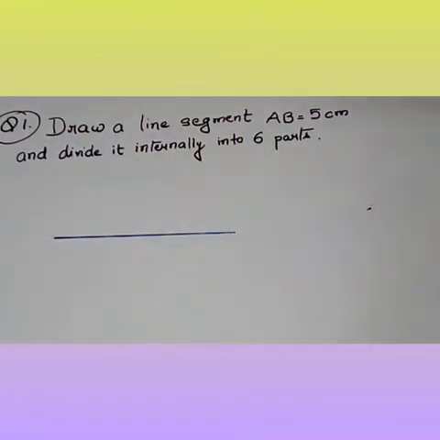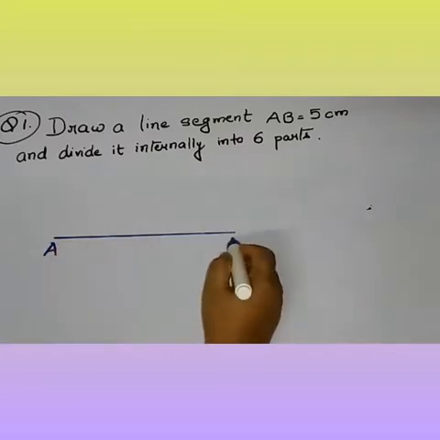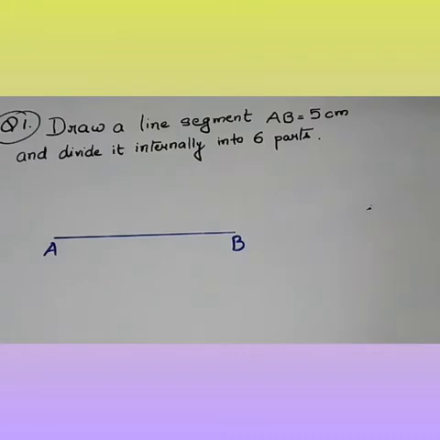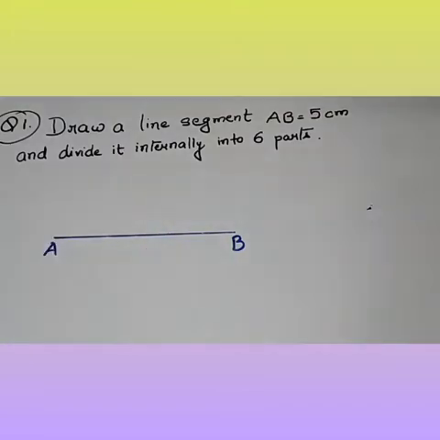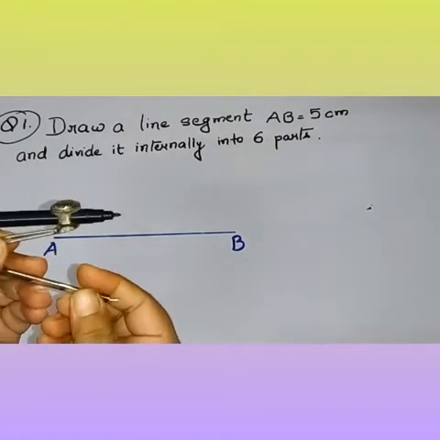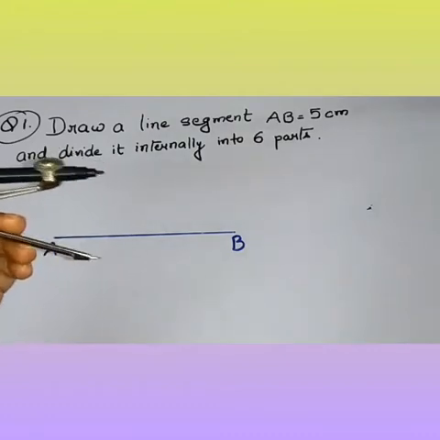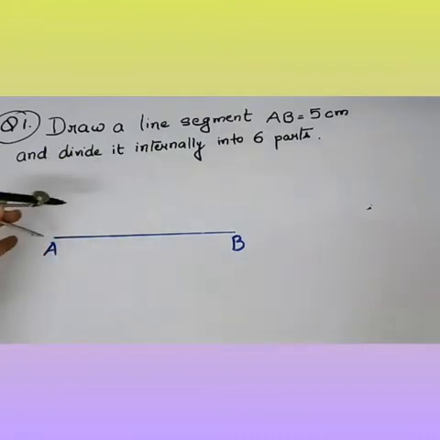Then we will use the concept of parallel lines. That is, we have to draw a parallel line from A and from B in the opposite direction, and we will use the concept of alternate angles here. In case of parallel lines, the alternate angles are equal, so I will make an angle at A and at B, of the same measure, to draw a parallel line from A and B. So open the compass of your choice, and let's make an angle of 60 degree, because that is the easiest angle to draw.